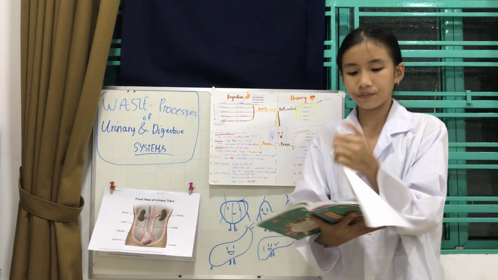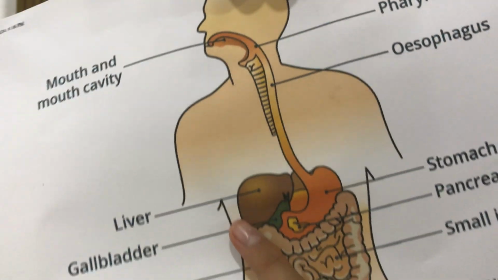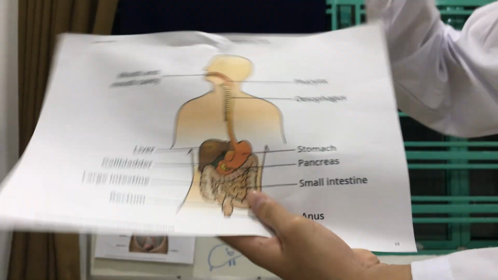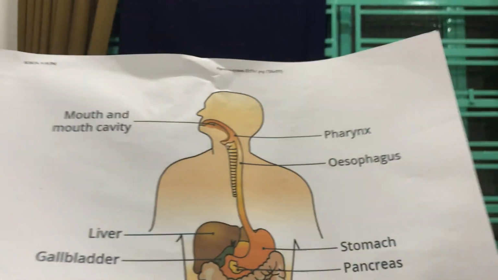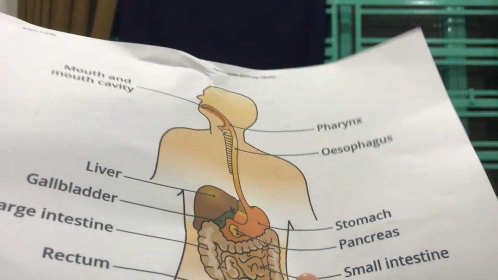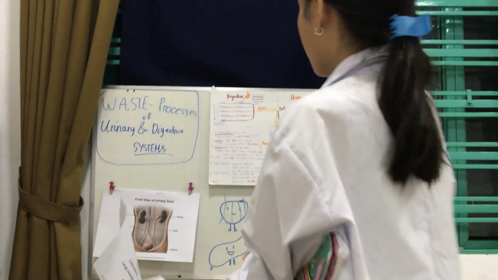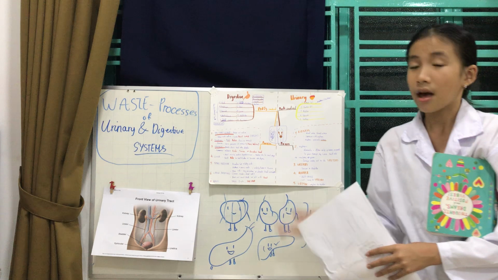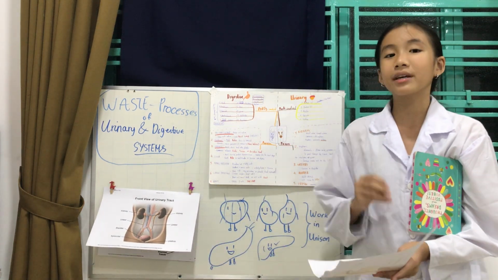Firstly, the liver. As you can see, here is the liver. The liver helps to produce gastric juices and bile, but mostly gastric juices from our pancreas and many other different things. What does it help us to do? Well, it helps to dissolve the food, but then it also creates bile, which will be essential later.